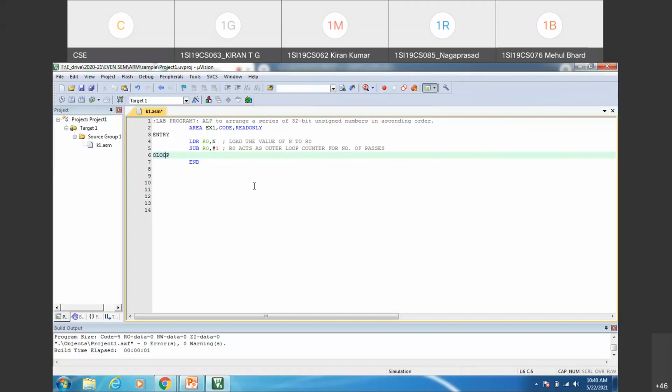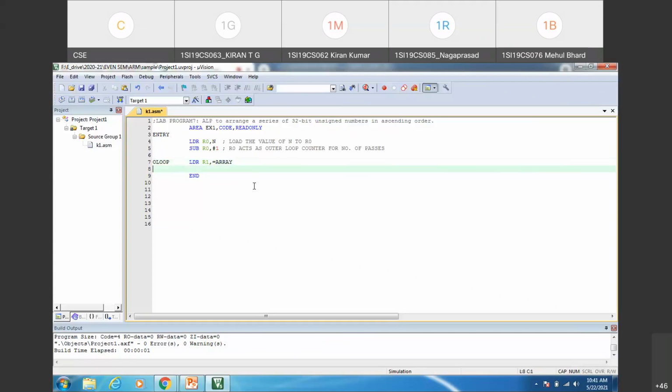Carefully, we need to see how bubble sort works. We need to start comparing two consecutive elements. Starting from the first element in the array, we'll be comparing two adjacent elements. So here what we'll do is, we'll fetch the two consecutive elements from the array and then we'll start comparing them. Before that, we require the base address of the array. So we'll use the LDR instruction, LDR R1, comma, equals array. So this is the statement I'm going to write to make R1 hold the address of the array.